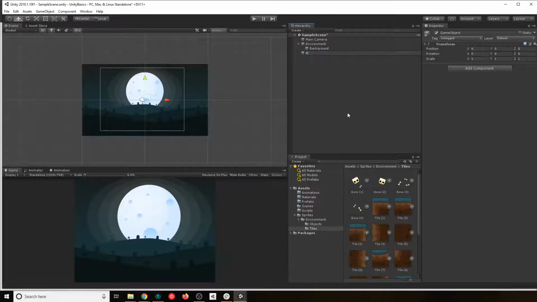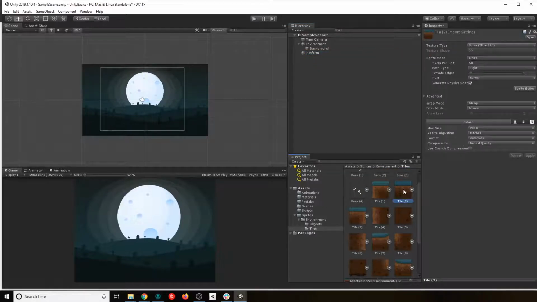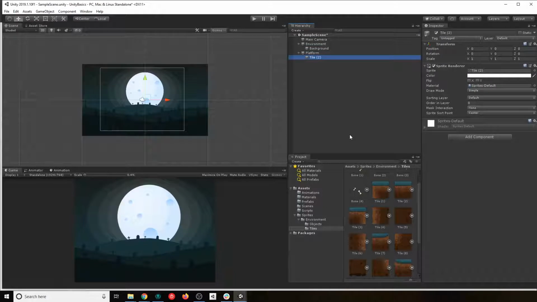This is gonna be called platform, and it's just another container. And I need this tile, which is basically the middle tile, and I'm gonna put it here. As you can see now, my tile doesn't appear in my game, right?